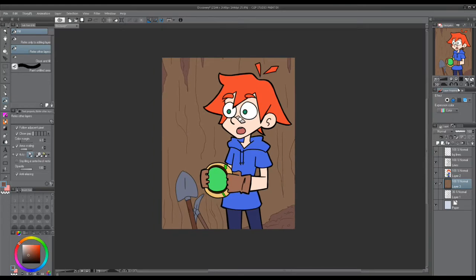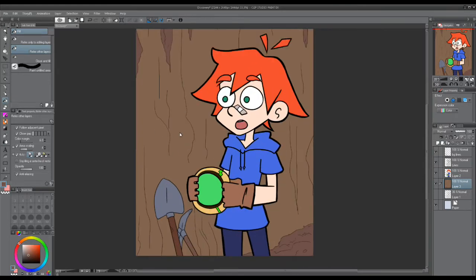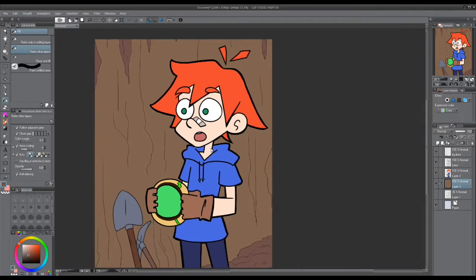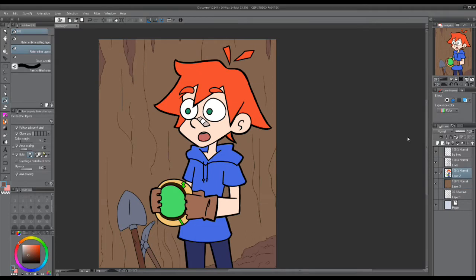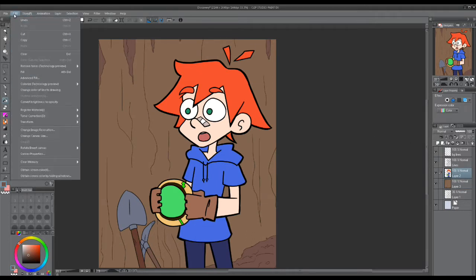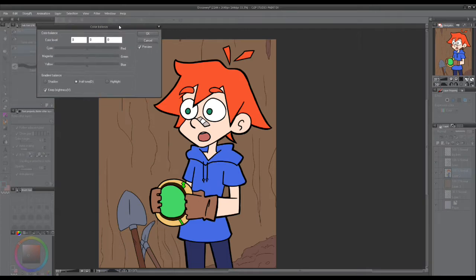So as you can tell, he doesn't really go with this background here. It looks a little bit unnatural, like he's just been copy-pasted into an unnatural environment. So what we're going to do is go to the Edit tab with his color selected, and adjust color balance. There are a number of ways to tint him so that he blends in with the background a little bit more so that he looks like he's actually there, but color balance is the best way. Well, the easiest way. So let's give him a little more yellow and some more red,